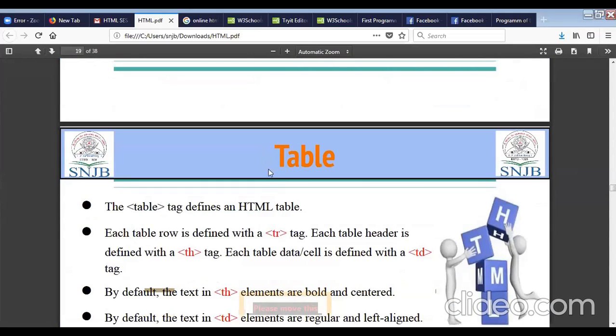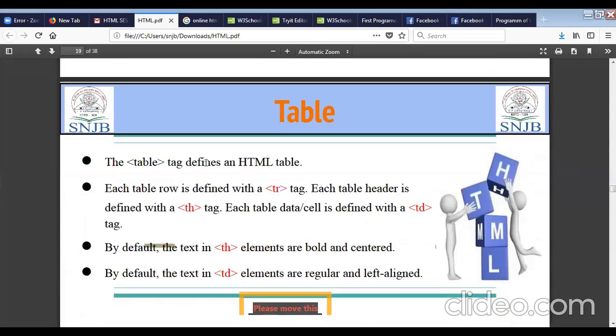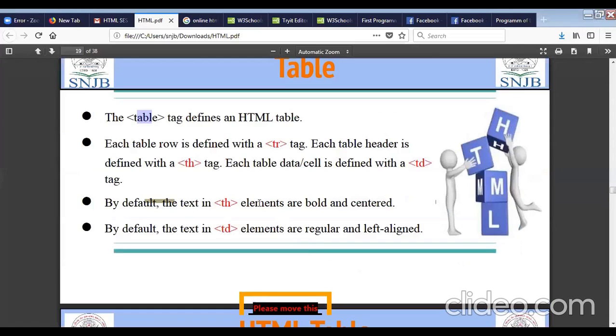Then for inserting a table there is the concept of table tag. We have to add the table tag, and as I have started the table tag, I have to end it with the closing table tag. Then I have to add rows every time. For every single row, you have to add the tr tag and also close it.